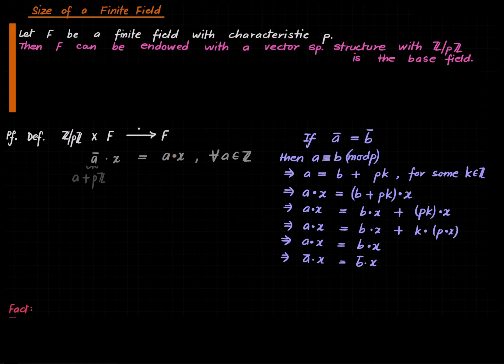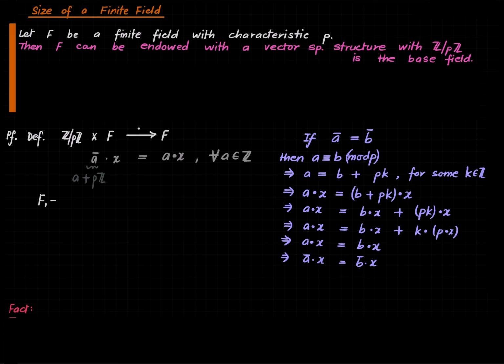Right, so this solves the well-definedness issue. So there is this well-defined scaling function, and now this is your exercise to check that F indeed becomes a vector space over Z mod PZ. So now this particular triple